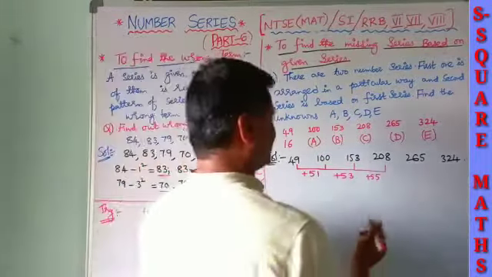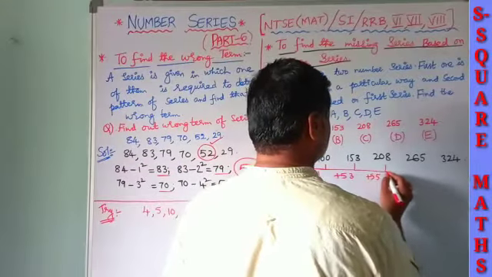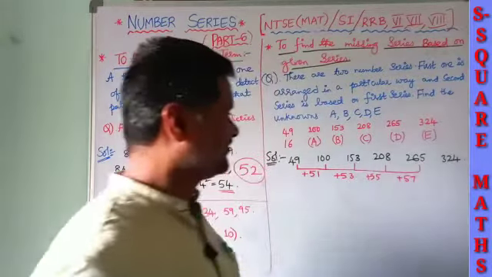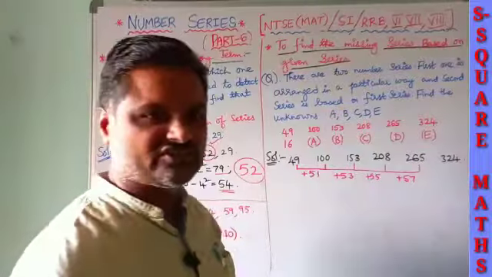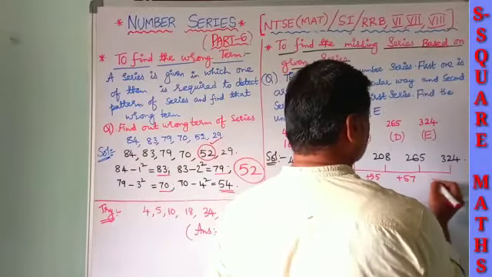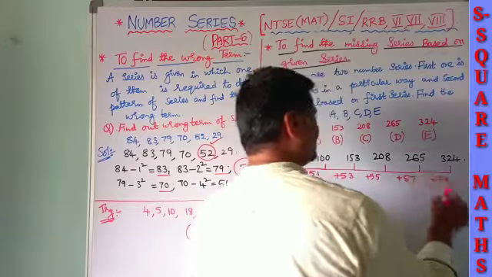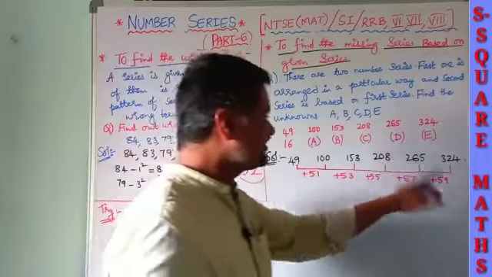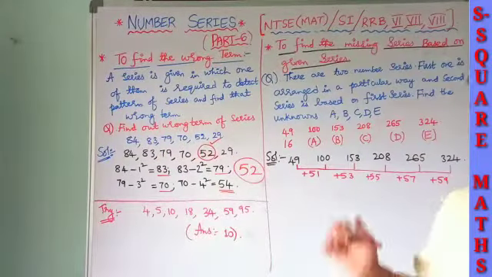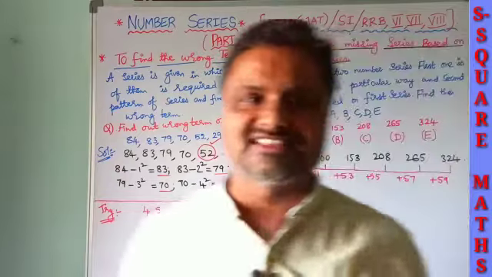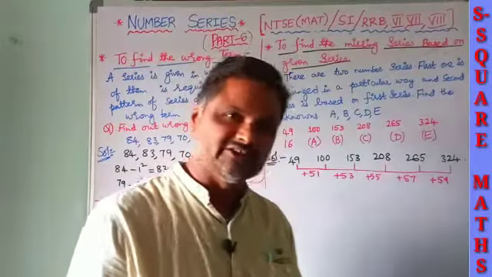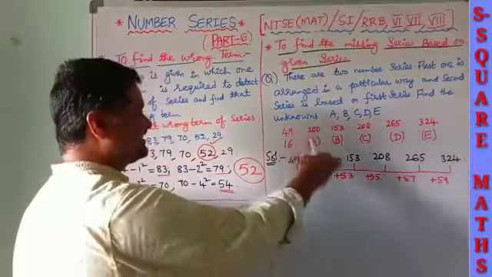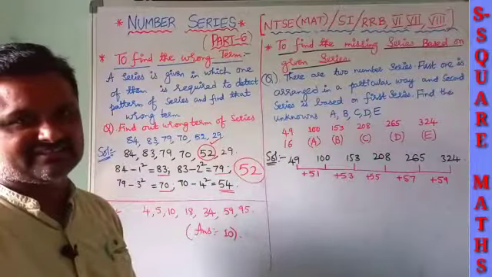Obviously, you will get it. Next, plus 57, nothing but 208 plus 57 will automatically give you 265. In the same way again, plus 59, no need to check. If you check also, you are going to get the last term 324, in such a way that 265 plus 59 gives you 324. So, with the various U-turns or Y-turns, whatever it may be, we got some pattern here. So our condition is satisfied for the given first series.